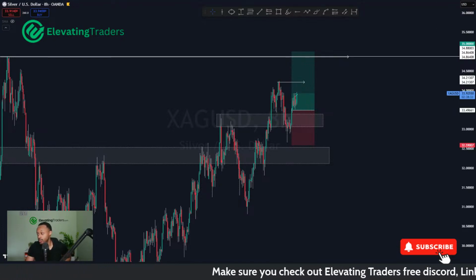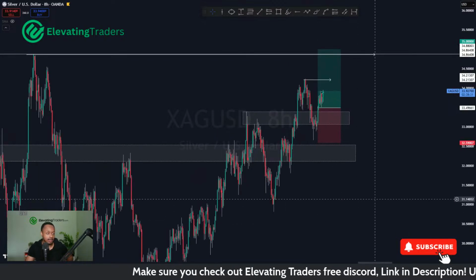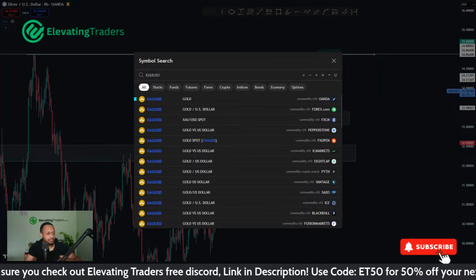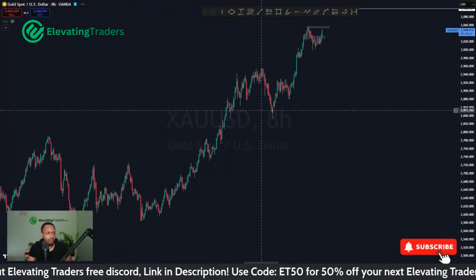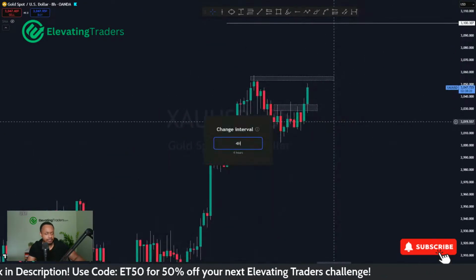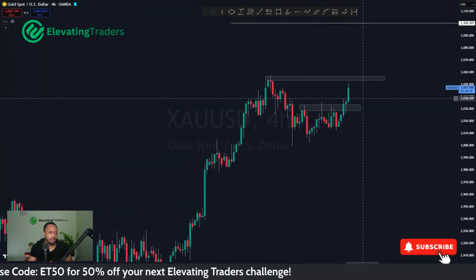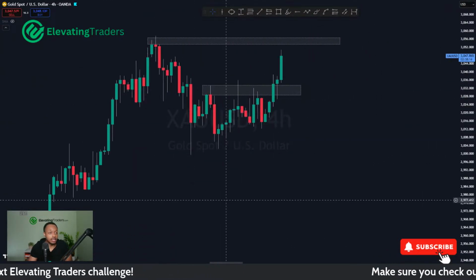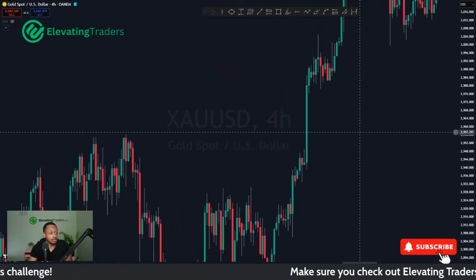Yeah, gold is absolutely ripping. That surprised me, Matt, because I was looking at gold probably about an hour ago, and it was still just hovering around the prices here. So when I flicked to gold and saw it shooting up, it caught me by surprise. But yeah, I guess that's what gold does. You blink and you miss it.